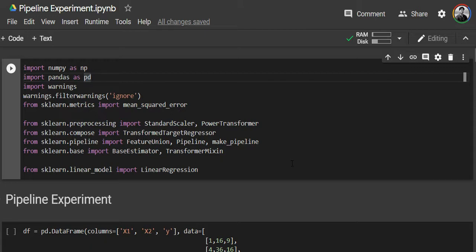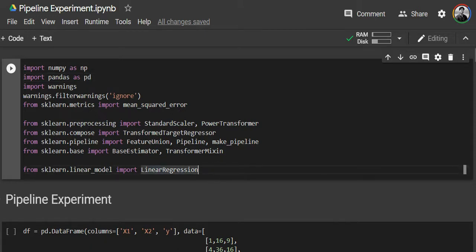Not many tutorials actually delve into the groundwork, the basics of how this works behind the scenes and how you should be able to write a very basic custom transformer on your own. I had quite a few problems when I tried doing this on my own. I was not very clear where the calls were being made, and hence this video, and hopefully you will find it helpful. So I'll get started now.